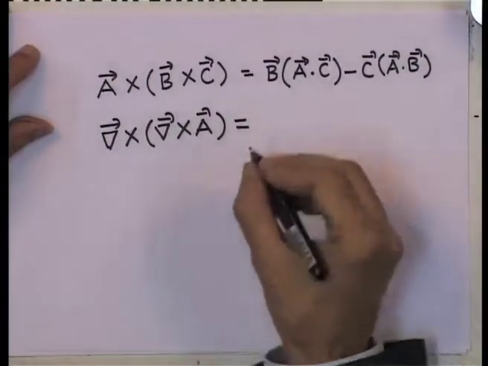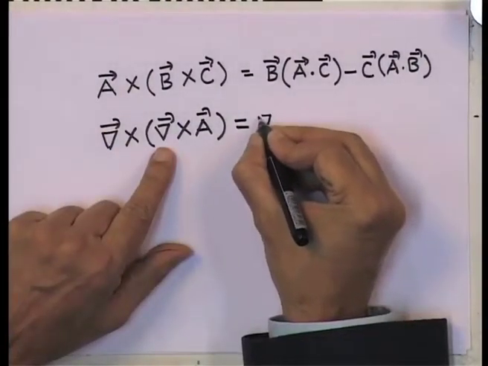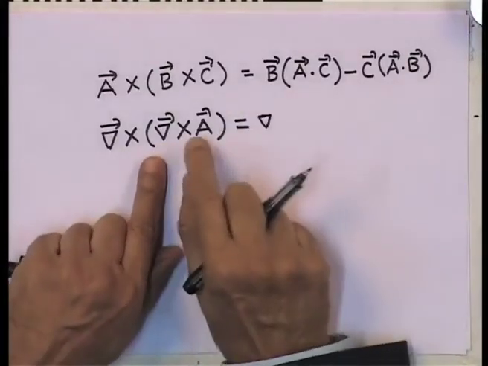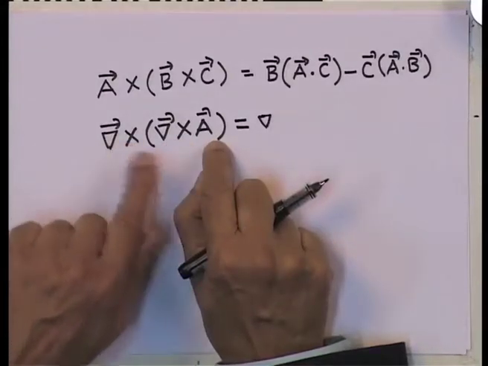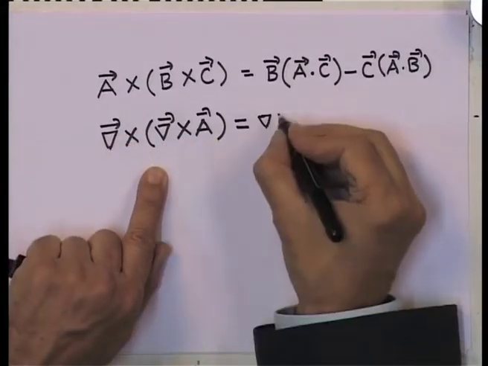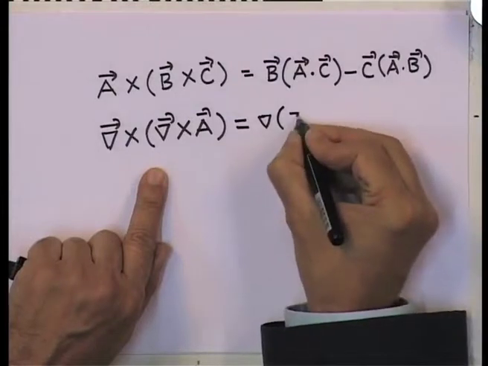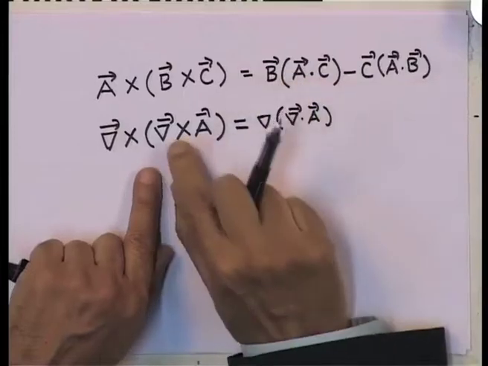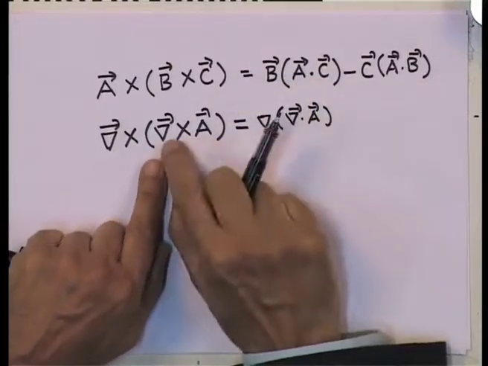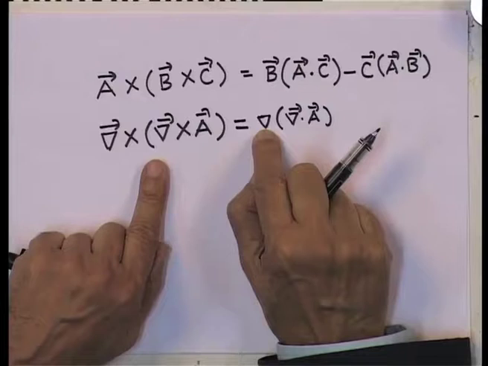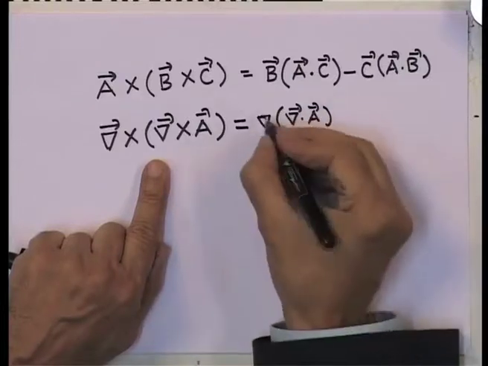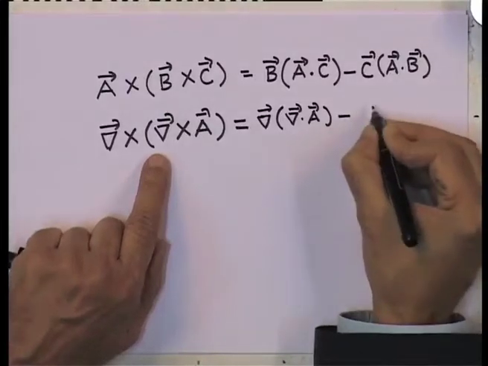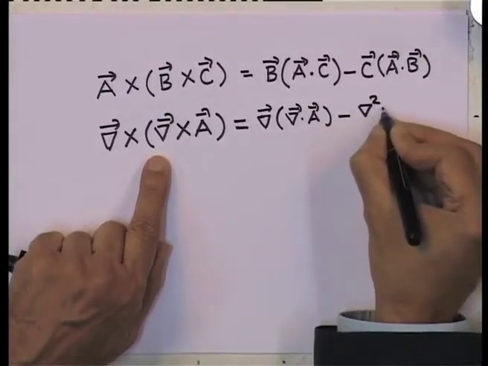Now, it turns out to be the gradient. Del cross of del cross A, which has to be a vector, because this is a vector and this is a curl of a vector, is gradient of del dot A. This looks very similar to the first term, excepting that you have to know that this is my B, but this is a differential operator. Del of del dot A minus del square of A.